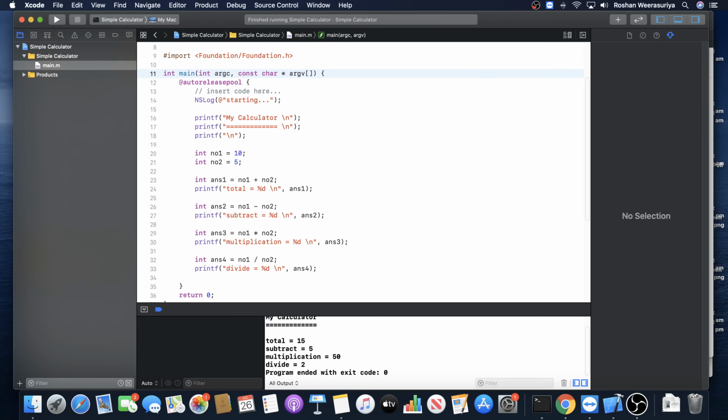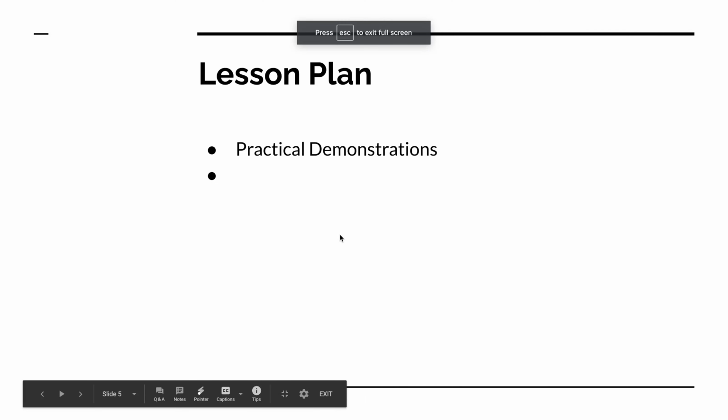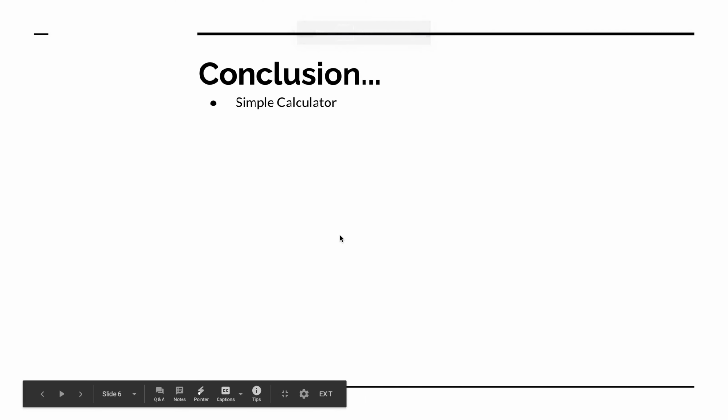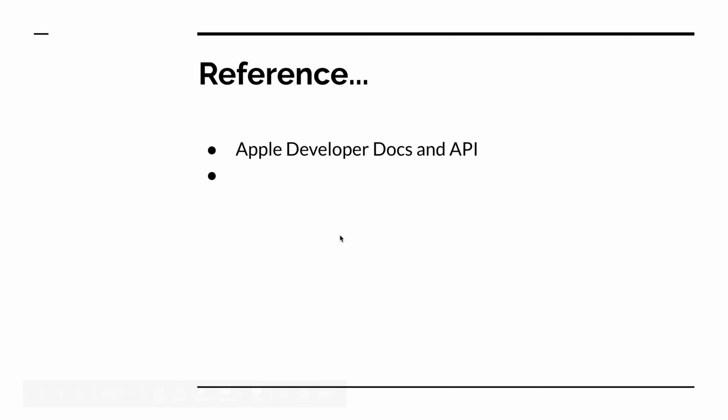So the lesson plan: we did practical demonstrations, and we did a simple calculator. In this lesson we did not refer to Apple Developer Docs and API, but we'll be referring to them in the next few lessons. So have a look at our other videos for